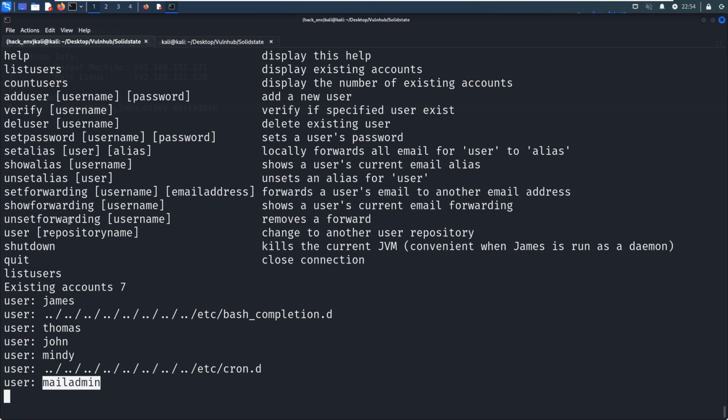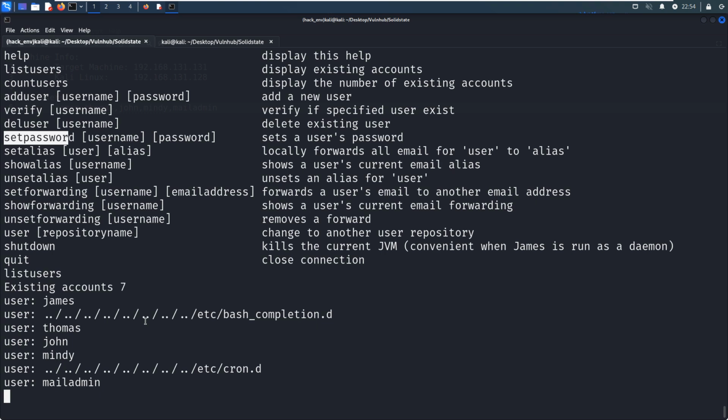So what else can we get? To log in as a specific user, we need to set a password, because the administrator or root user can set a password for any user, for example, James, Thomas.